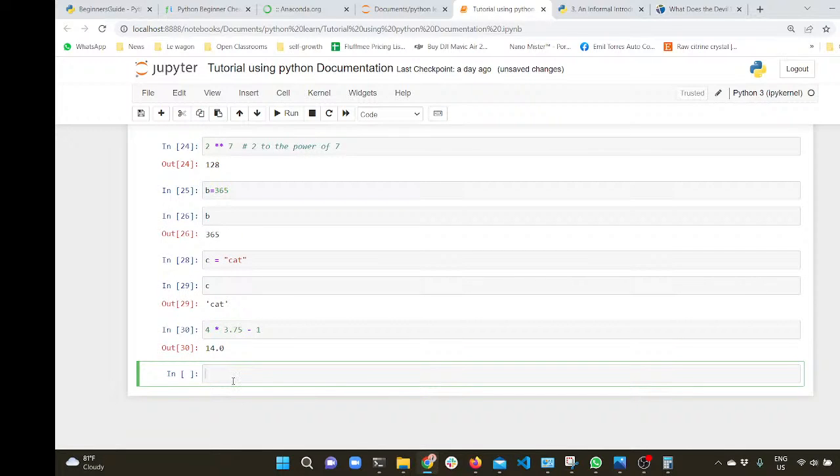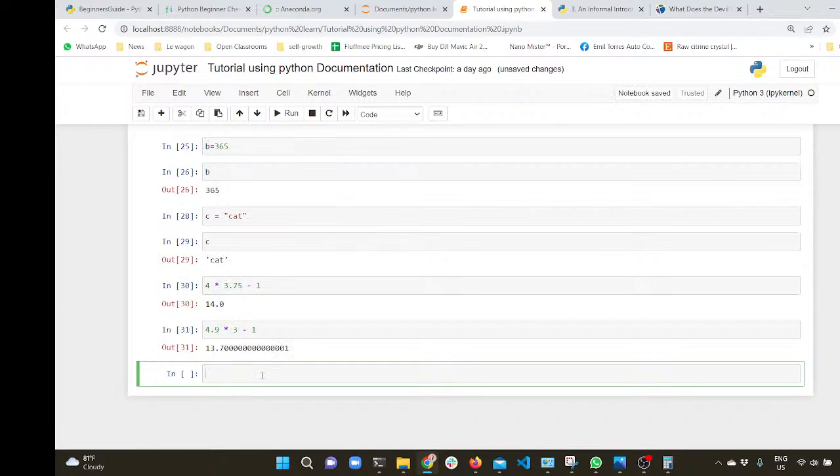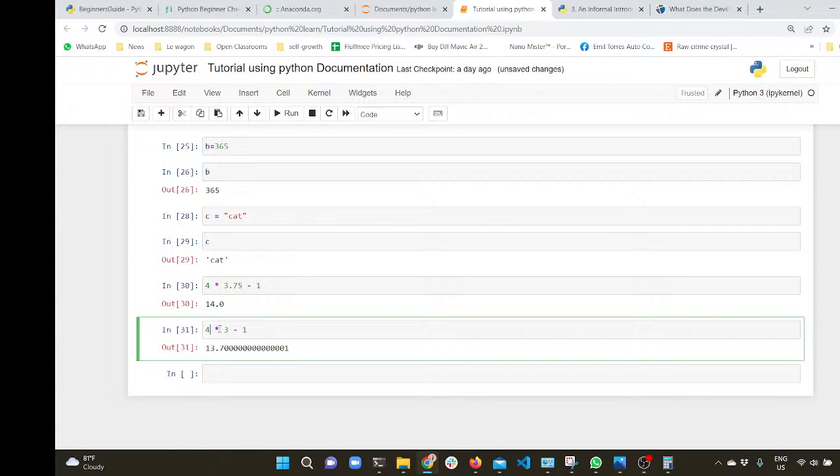Let's change that. We'll do a 4.2 or a 4.9, and we'll do 3. The response is a float. So what happens if we take away the point sign? Now we have an integer. So it seems the only way you'll be getting yourself an integer as a response is